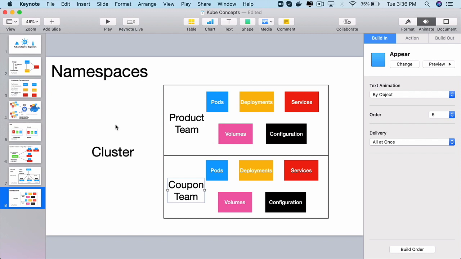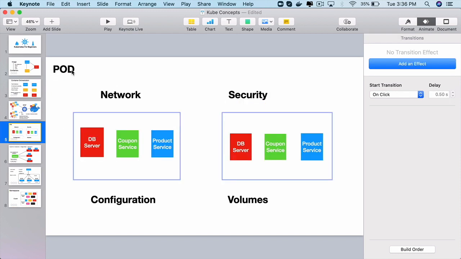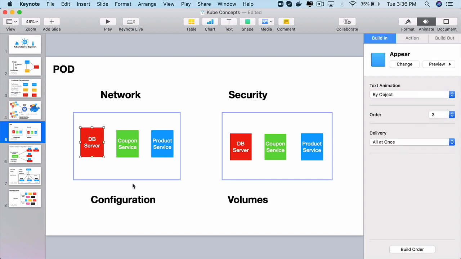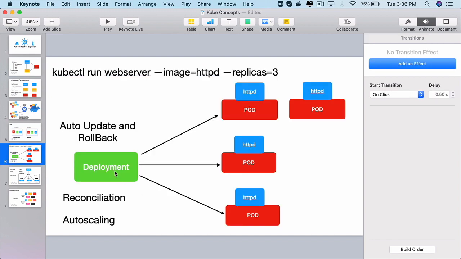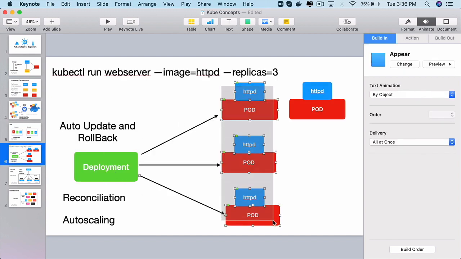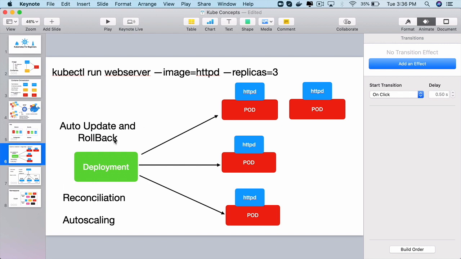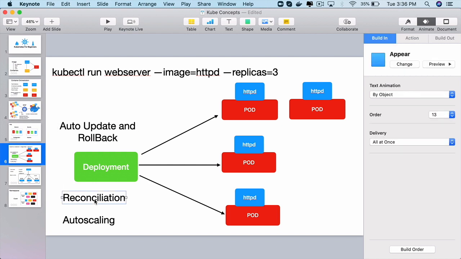So in this lecture, you have learned a lot. You have learned that pods are the smallest objects or resources in the Kubernetes cluster. They simply are a layer of abstraction around your application containers, and all these containers will share the pod's lifecycle along with the networking, security, etc., all the resources inside the cluster. A deployment allows us to manage a group of pods. Kubernetes will look at our deployments and do the auto updates, rollbacks, reconciliation if pods go down, and auto scaling and all that.